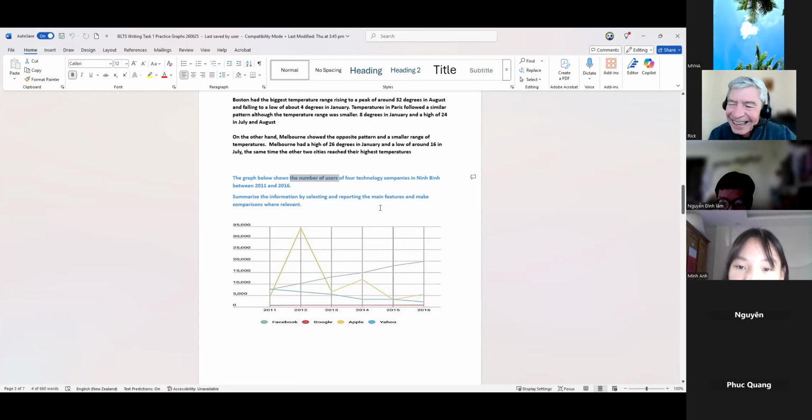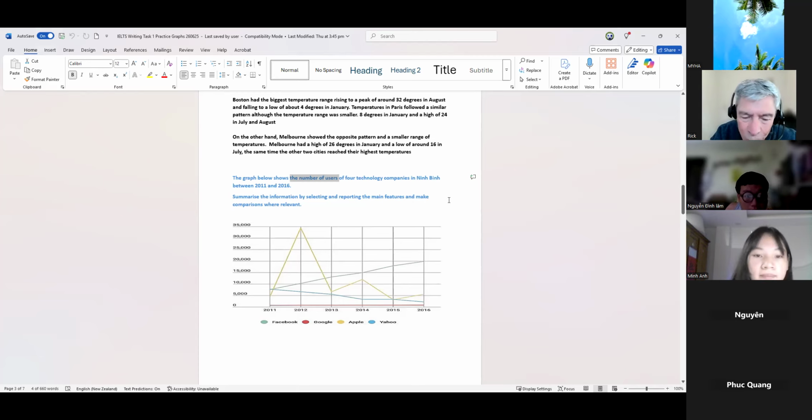That's correct. Okay. What are the names of the technology companies, Ming Ang? Facebook, Google, Apple, and Yahoo. Correct. The graph below shows how many people in Ninh Binh use, or used, has to be past tense of course, Facebook, Google, Apple, and Yahoo